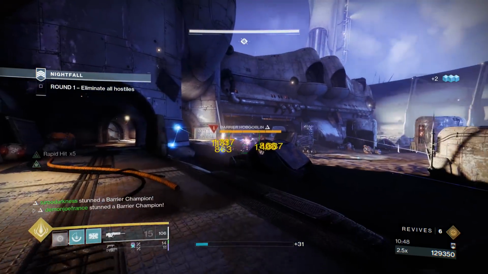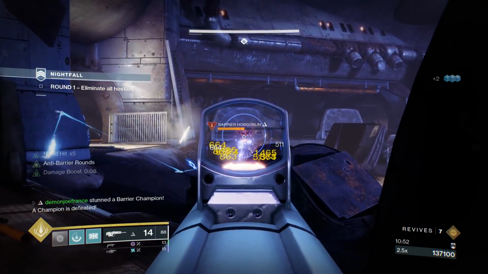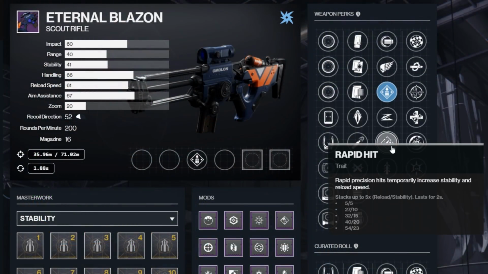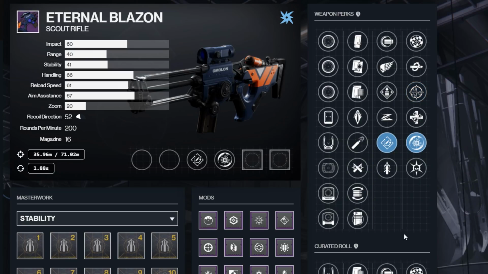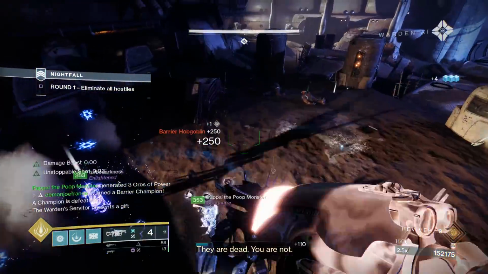Blazon drops from the World Loot Pool and can also be farmed via focusing the Chosen Umbral Engrams, and when you do get this thing to drop for you, you got yourself a few perks to keep an eye out for. We got options like Overflow or Rapid Hit in the third column, as well as not only One for All, but also Disruption Break as well, making this weapon pretty nasty for GM content just like Vision. Blazon is not only a good scout overall, but it also fills the elemental spot that you may need,